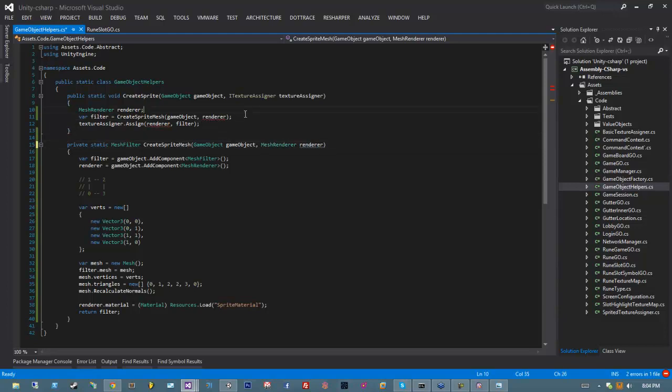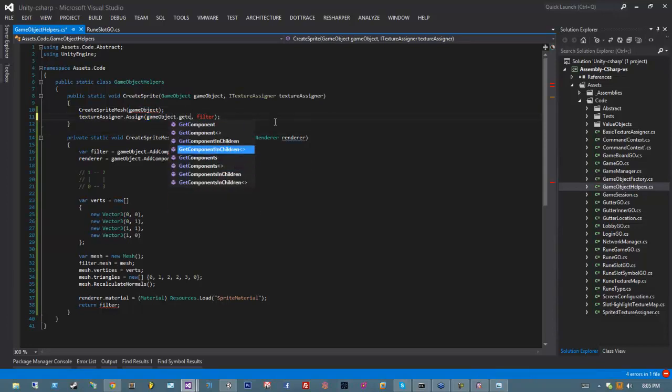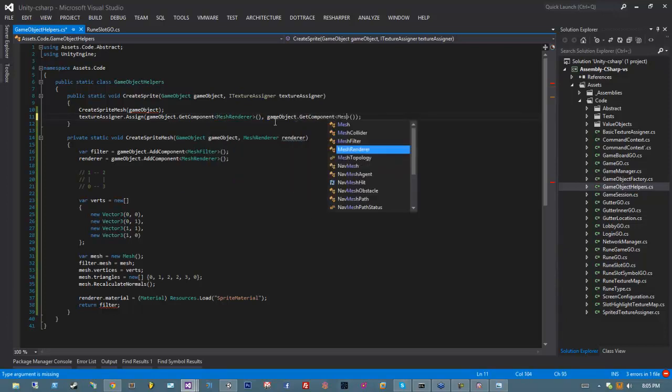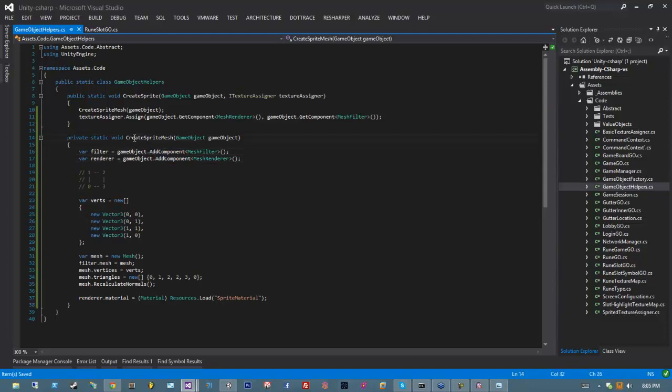So what I'm going to do instead is take that off, and then filter, take that off, and then void, and then game object dot get component mesh render, game object get component mesh filter, and then what are you complaining about? It says it's never used because it's overwritten. Oh well, yeah. Don't take it as a parameter. There we go. So now I have a create sprite mesh, which I can use to create a mesh without